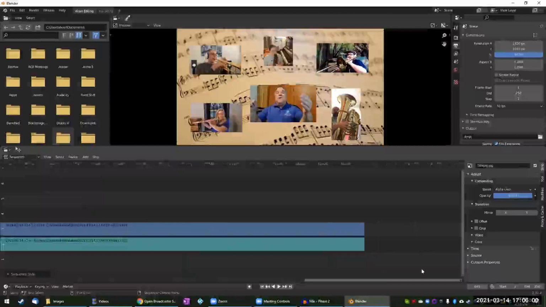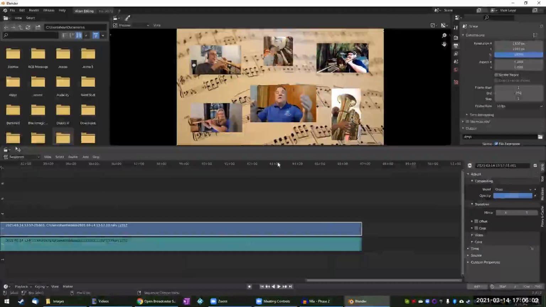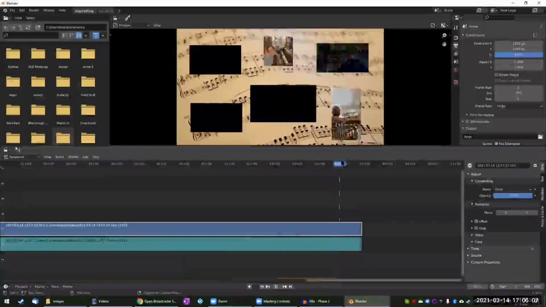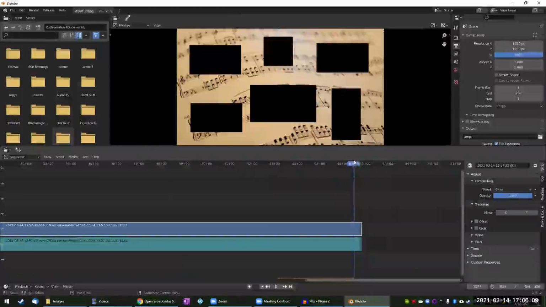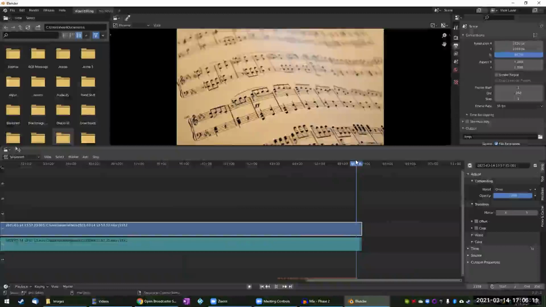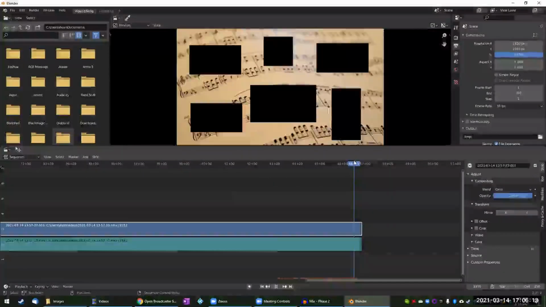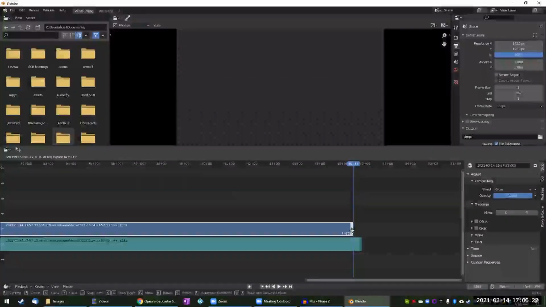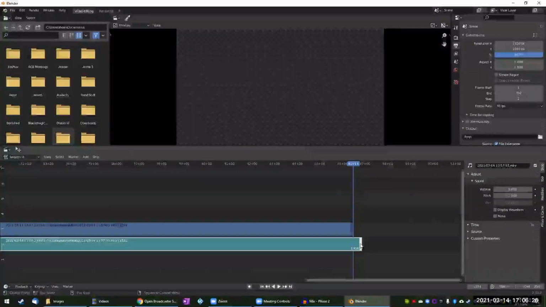Now I'm going to go to the end of the video, and I'm going to find the point where everybody fades out, which would be right about here. I go too far, and they all disappeared because the video ended in OBS. So I just want to end it where there's still at least the black boxes visible. And then bring my video in line with that. And that's at frame 1392, so I'll do the same with the audio.